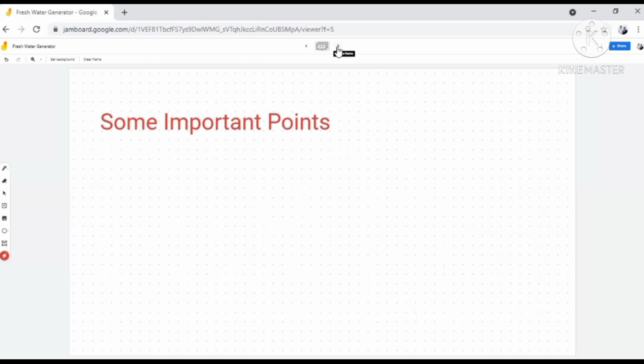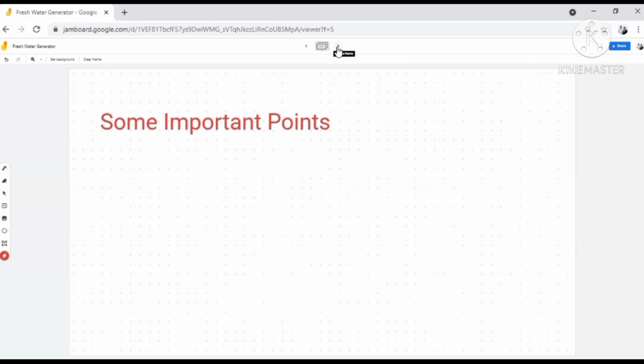Now, some of the common questions asked about the freshwater generator is where we can operate it. The freshwater generator is not operated within 20 nautical miles of the nearest coastline. This is done because the coastal waters may be contaminated with industrial waste and other things that the freshwater generator may not be able to cope with. So it is generally avoided to start the freshwater generator within about 20 nautical miles from the nearest coastline.